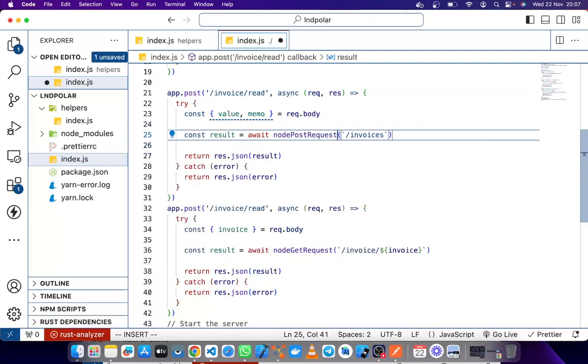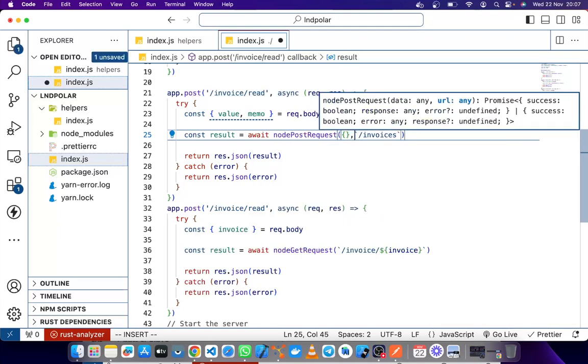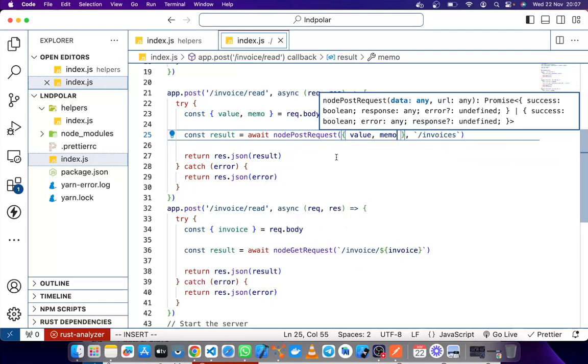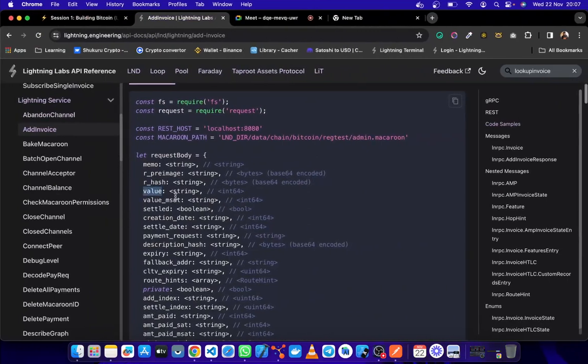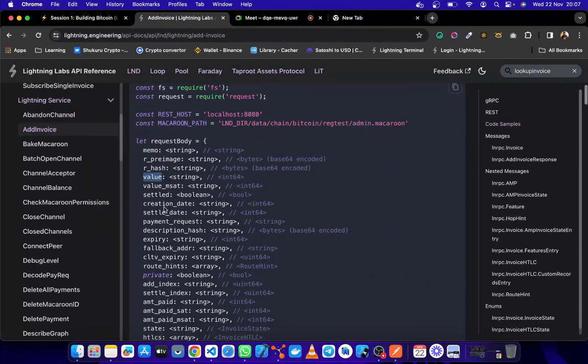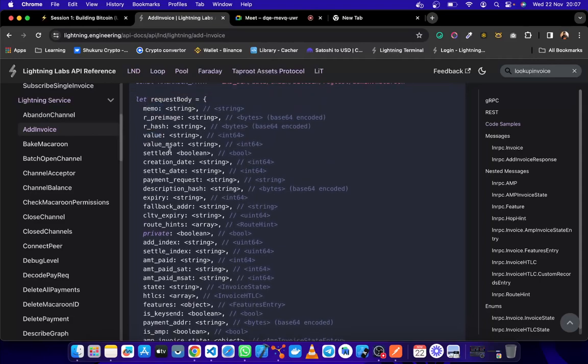So remember, our post request takes in a body, takes in a data, which is any. We are not using TypeScript today, so I'll pass it there as raw as it comes through, and then we'll have to look at the endpoint. Everything is a string, so we'll probably have to pass that amount into a string, and then the memo, where is it? Here, it's also a string.